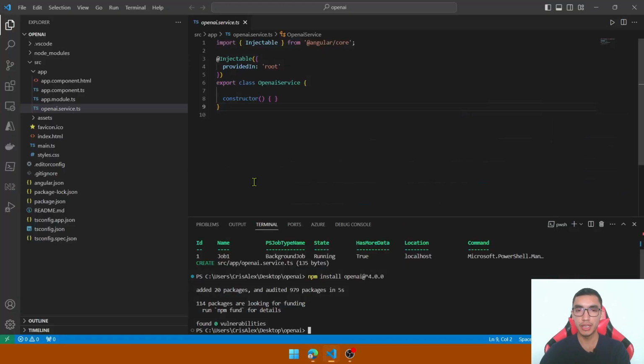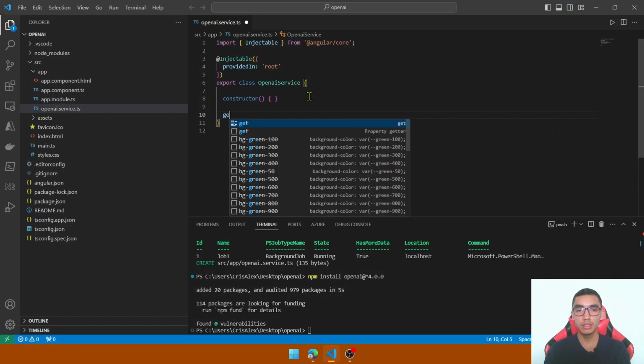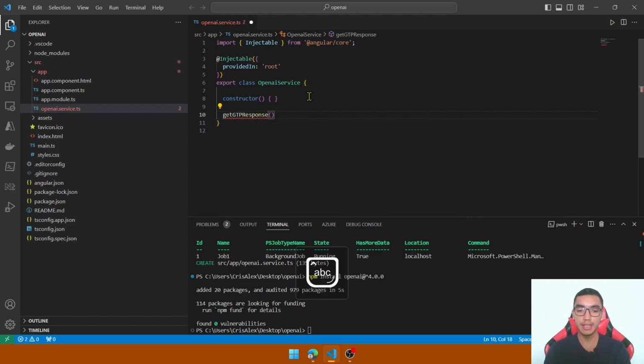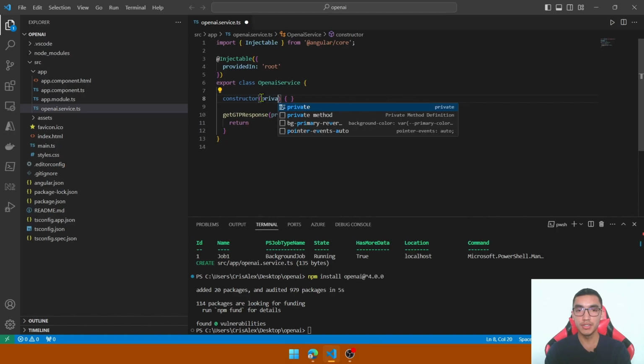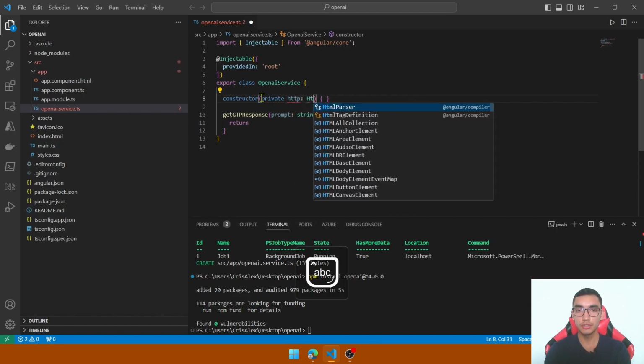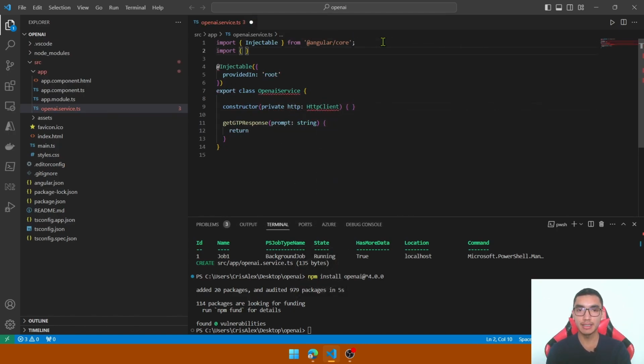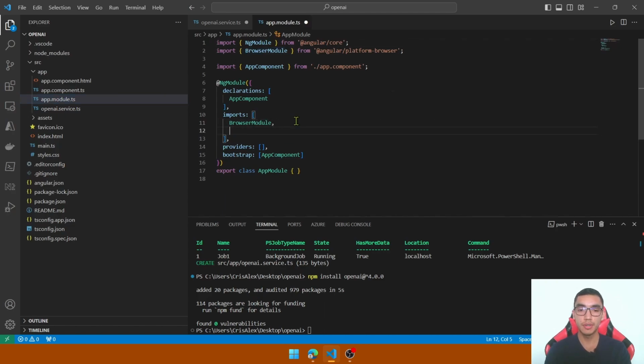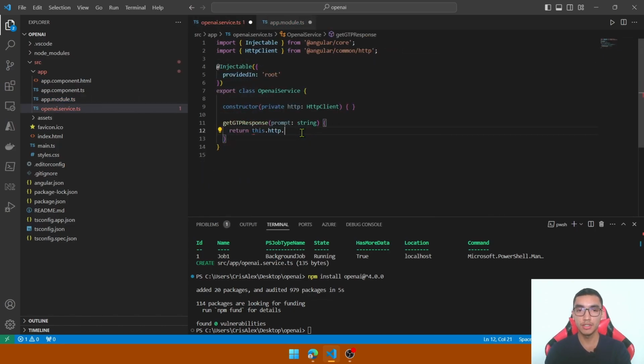So let's create a new method called getGPTResponse. We'll take the prompt as string and will return an observable. We will use a built-in HTTP client provided by Angular. So inject this client in the constructor, import this class from Angular common HTTP. We also need to import the module. So here in imports add the HTTP client module, the same path for the class itself, and here call